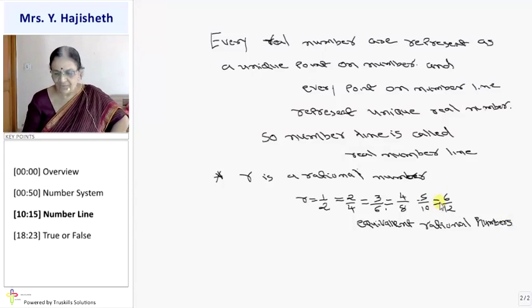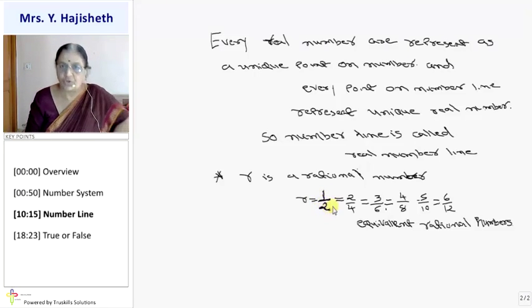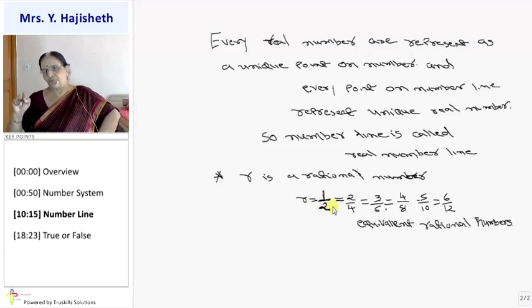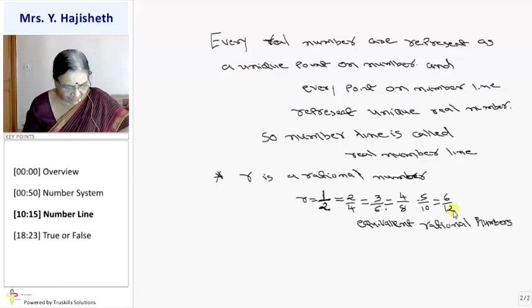So that unique rational number 1/2, where HCF of P and Q is 1. When HCF of P and Q is 1, then P by Q is called a rational number in simplest form or reduced form. And it represents many equivalent rational numbers. Here HCF is 2, here HCF of both is 3, here in 4/8 HCF of both P and Q is 4. But in 1/2 HCF of 1 and 2 is 1. So it is in reduced form or simplest form. All others are called equivalent rational numbers, okay?